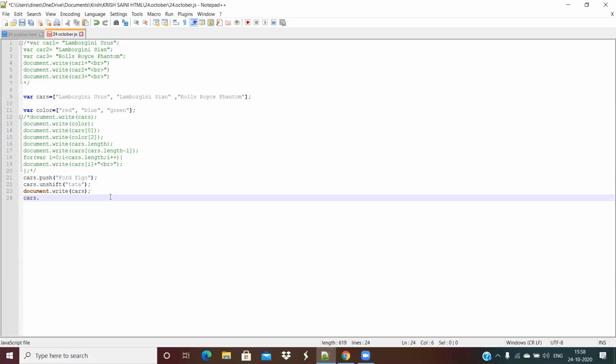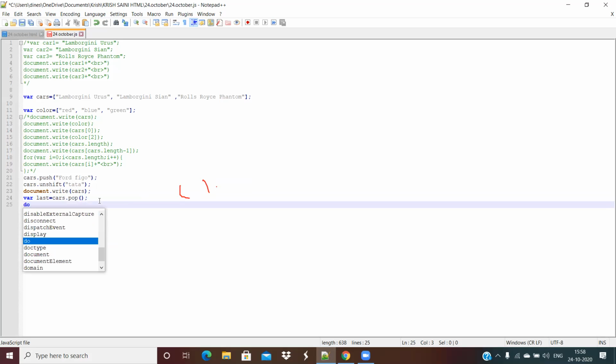So let's first define an element by name, var last equals cars.pop, and after that two round brackets. And then put a semicolon, and then do document.write last. Now we will see what value last has got.